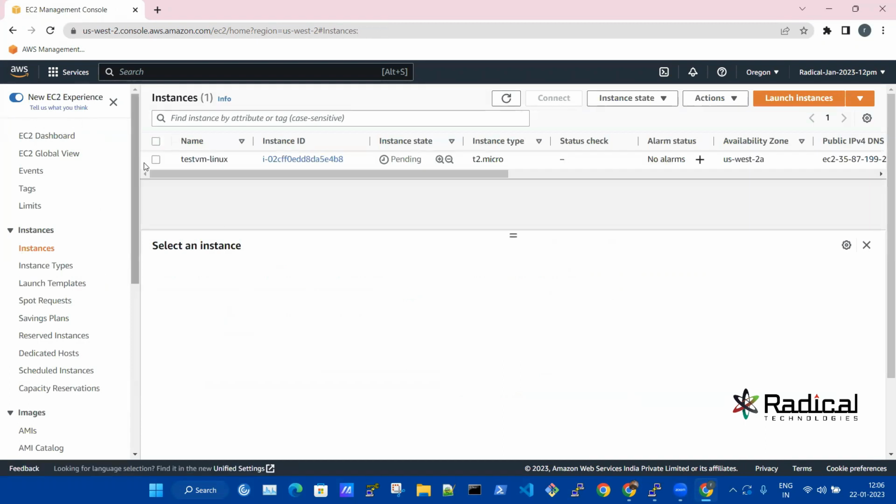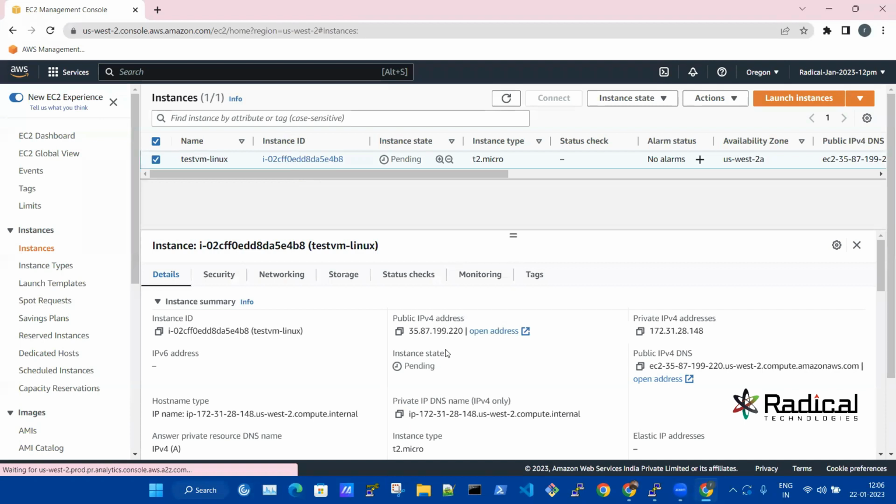Okay. So when you click on the machine, you get the public IP, right? So take the public IP and let's connect to it via SSH. Now we know that it's a Linux machine, right? So we can only do an SSH to that. There is no graphical user interface to it. When I say no, it doesn't mean that there is no graphical user interface at all. There is. But